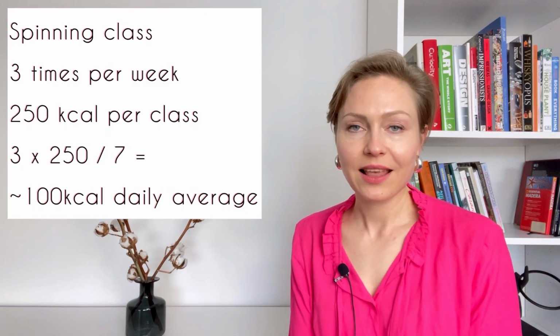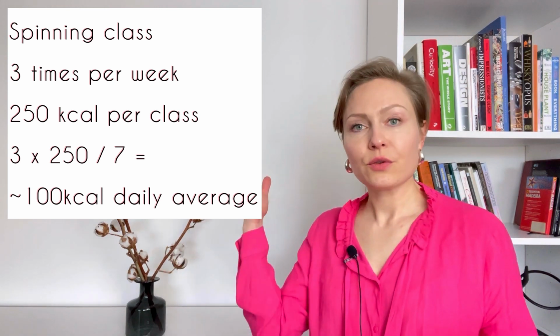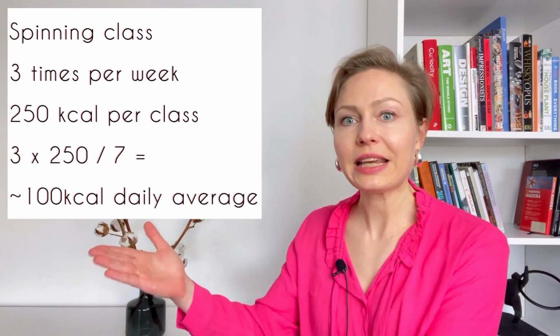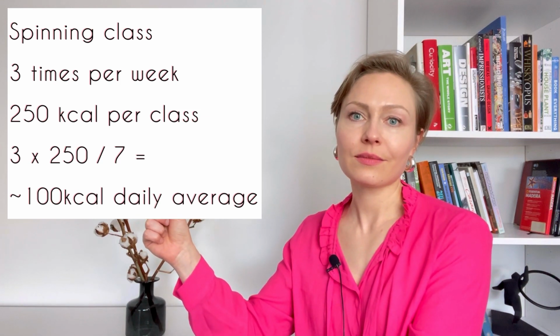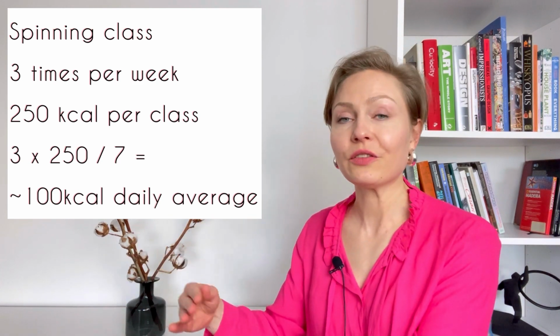In one of the books, a lady is described who used to take her car and drive to the gym to do a cycling class during lunchtime. So she worked in the office and drove to cycling class instead of lunch, 3 times per week. Let's look at numbers. 250 calories per class, because it was a 30-minute class, multiplied by 3, divided by 7. She burned about 100 calories per day on average. Of course, the results would be better if she cycled 7 days per week, but again,